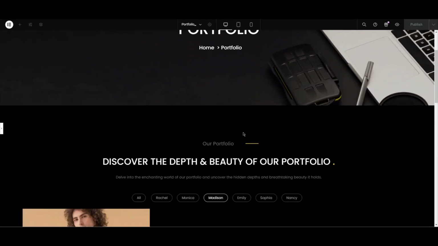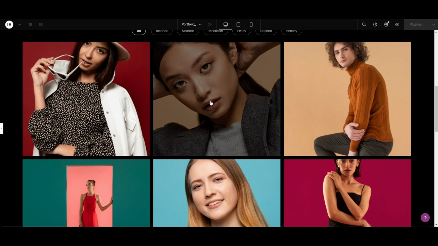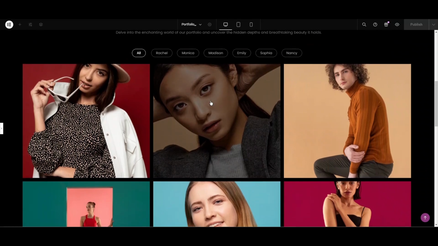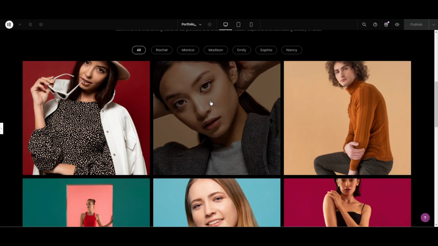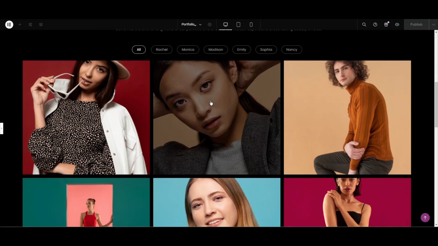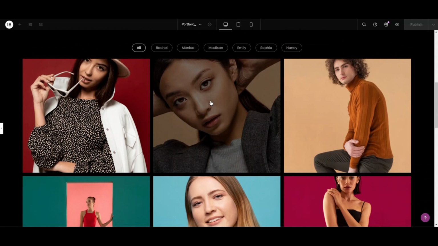This free Expert Portfolio plugin has tons of customization options and features that you will love to have for your next portfolio website. This is exactly what I'm going to show you in this video. Let me introduce you to a real portfolio widget that is specially designed and developed with the mindset to build amazing portfolios for any website. And trust me, it's super easy and fun to use.